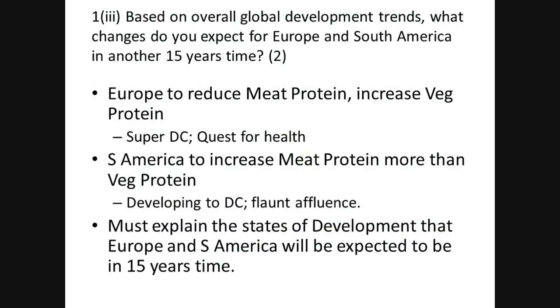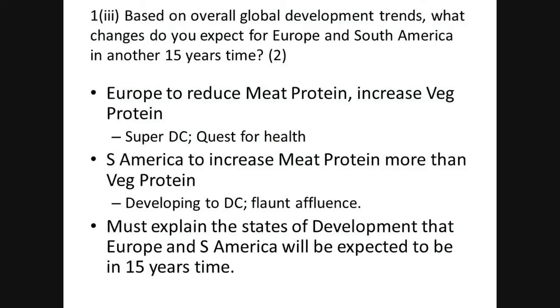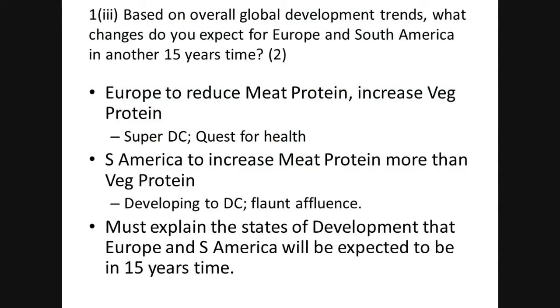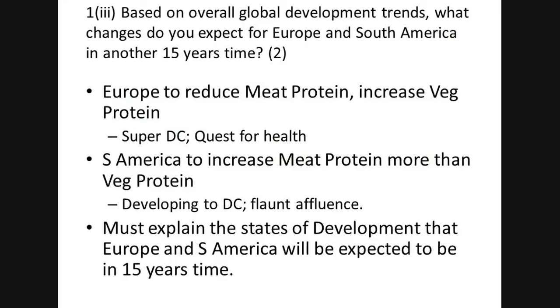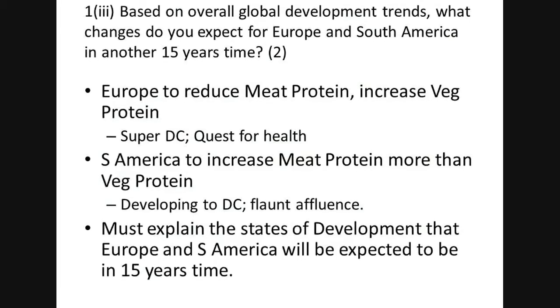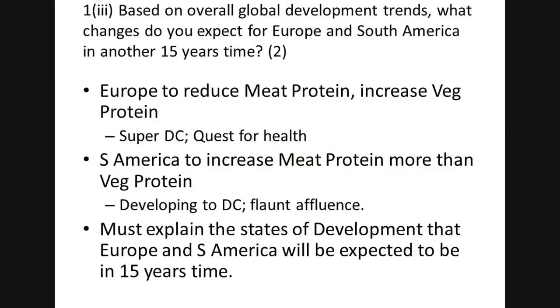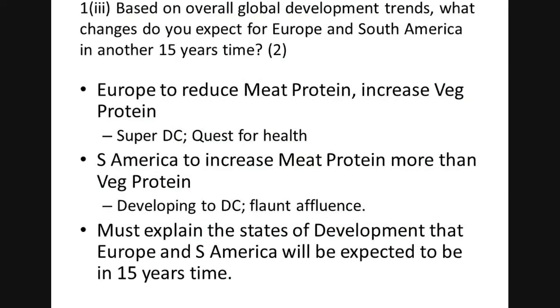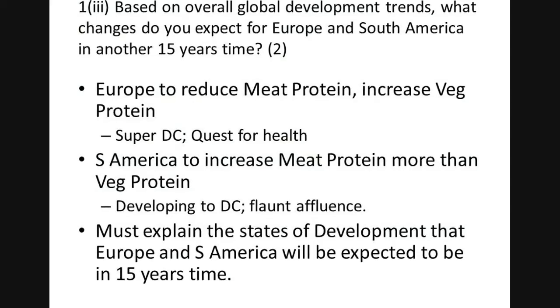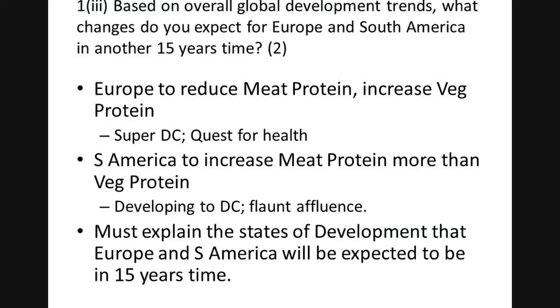For part 3, you need to figure out where Europe and South America will be in terms of development, state of development in 15 years time. So Europe will definitely be even more developed, and South America will actually reach a point where they are rapidly developing. So the consumption of meat protein, vegetable protein, it will be corresponding for these two projections